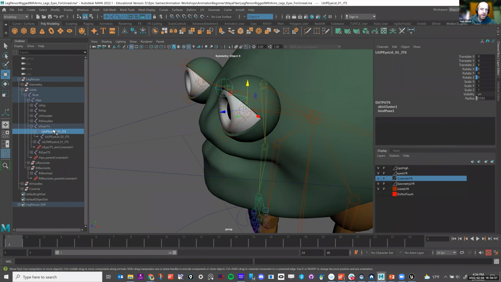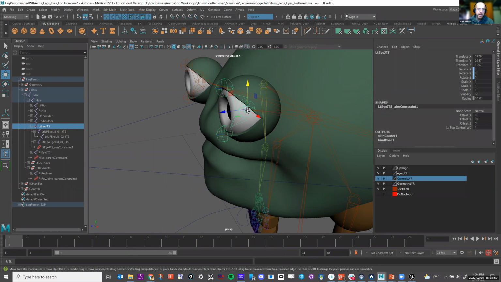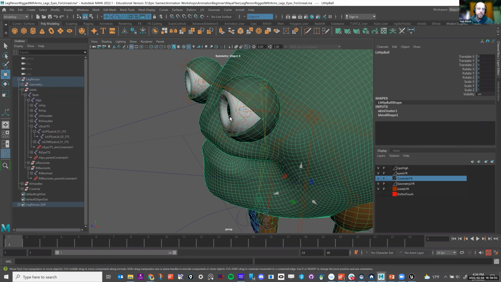And then I have another joint right here that's at the center of the eye, and then I have just a tip that's going out there. That tip, or actually this joint, is skinned to the top lid, and this bottom joint is skinned to the bottom lid, and the middle eye joint, wherever it is, is skinned to the geometry of the eye. Okay.